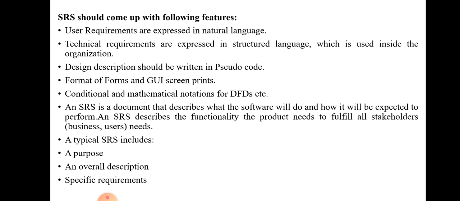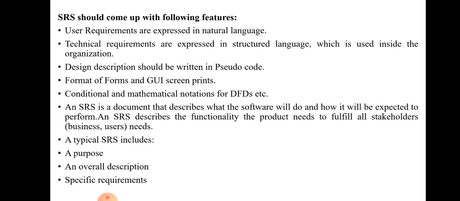The software requirement specification should come up with the following features. The user requirements are written in natural language, and technical requirements are expressed in a structured language, which means they have to be evaluated in a design format, and the design description should be written in pseudocode format.